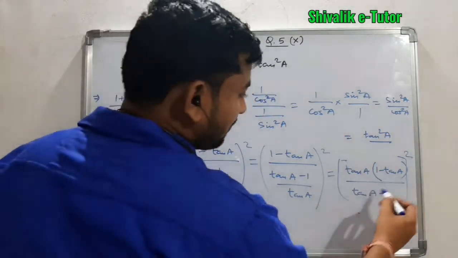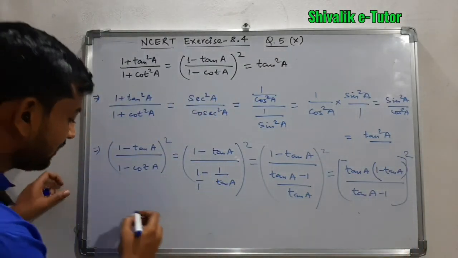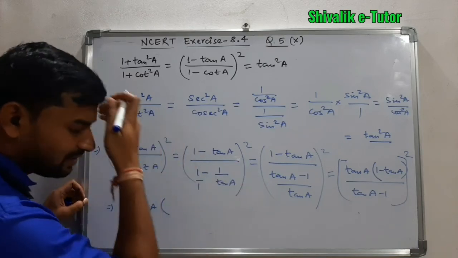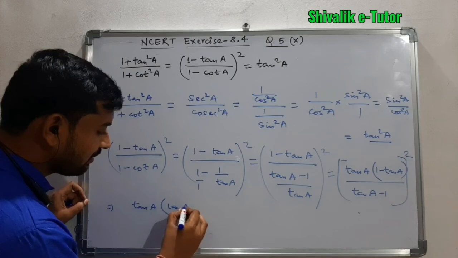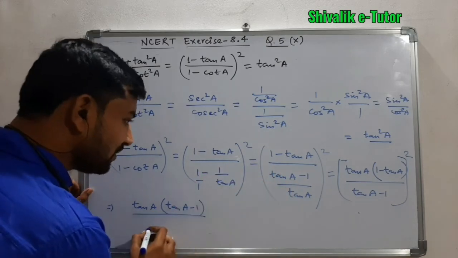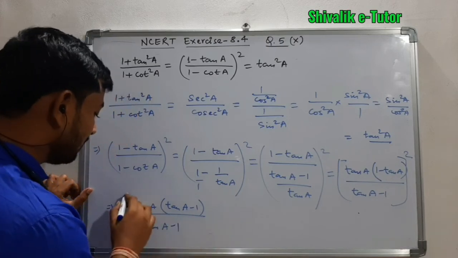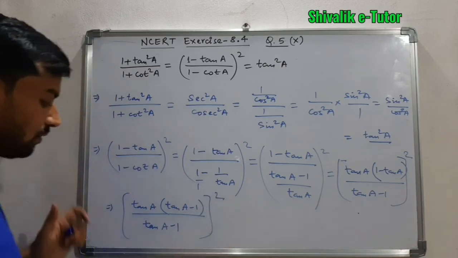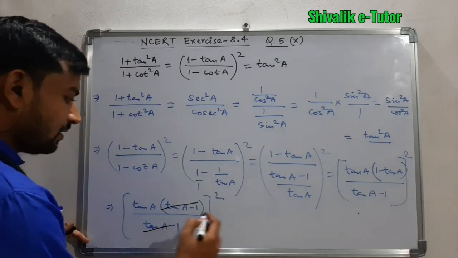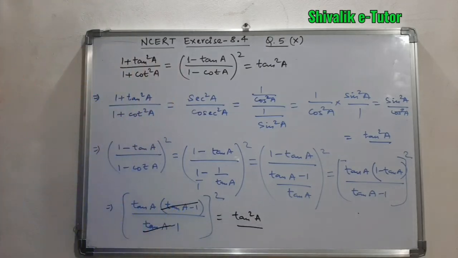Now when we look at this 1 minus tan A and tan A minus 1, under the square sign, they will be equal. So we can rearrange and write tan A into, if we take minus common, that will become the same, tan A minus 1. अगर minus common लेंगे तो वो square होके plus 1 बन जाएगा. So there will be no change in the expression. So tan A minus 1 is the denominator and the whole square of this. So now look at this expression. Here tan A minus 1 and tan A minus 1 is there. So this will be cancelled. So finally we have this result as tan square A.